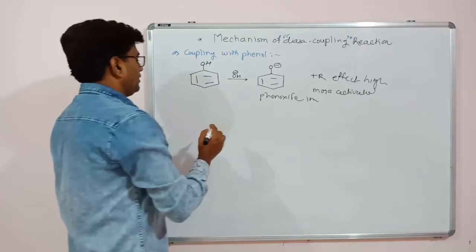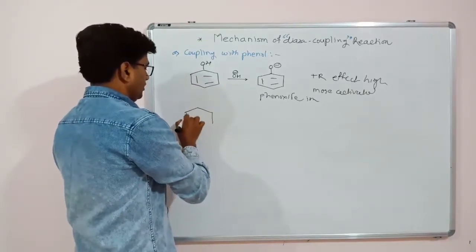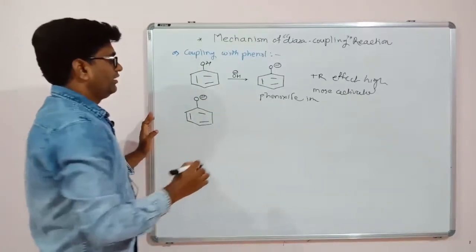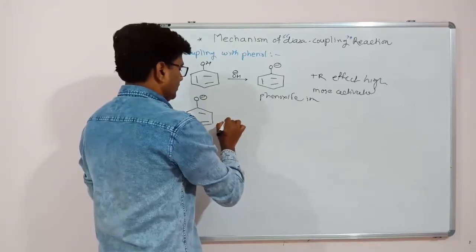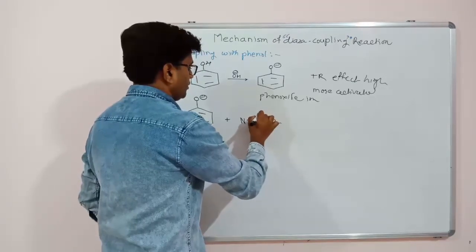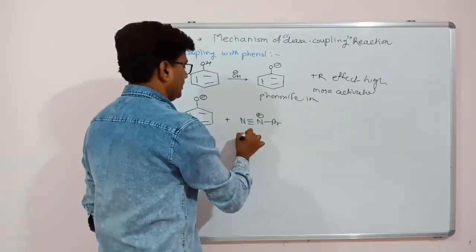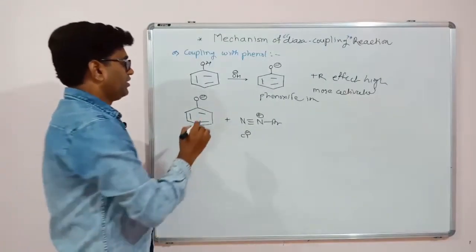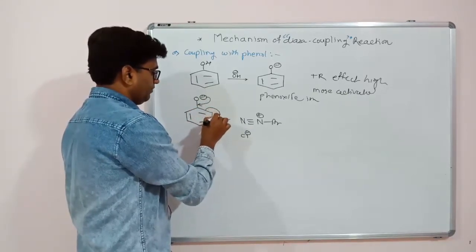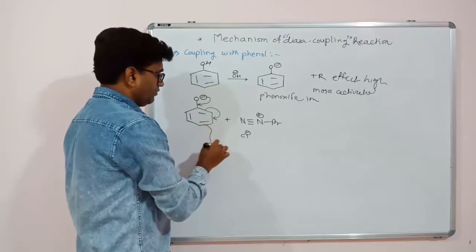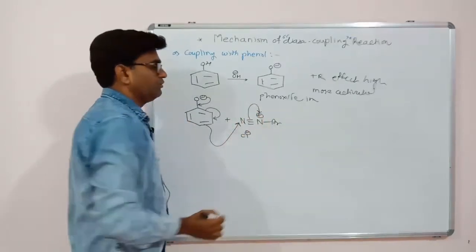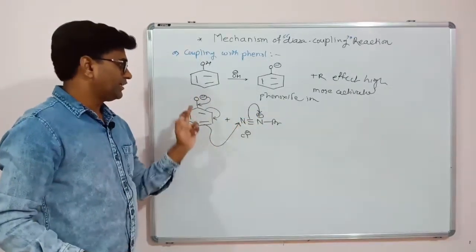We will see the mechanism now. In alkaline condition, phenol is mostly present in phenoxide ion form. This is our electrophile, triple bond N-Ar, and here is the positive charge. This positive charge is stabilized by our Cl minus, the diazonium salt compound. So what will happen? These electrons come inside, as we saw in the mechanism, this pi bond goes over here, and this pi bond will attack this first nitrogen. This pi bond will break, and the positive charge of the nitrogen is neutralized. So this is the mechanism.